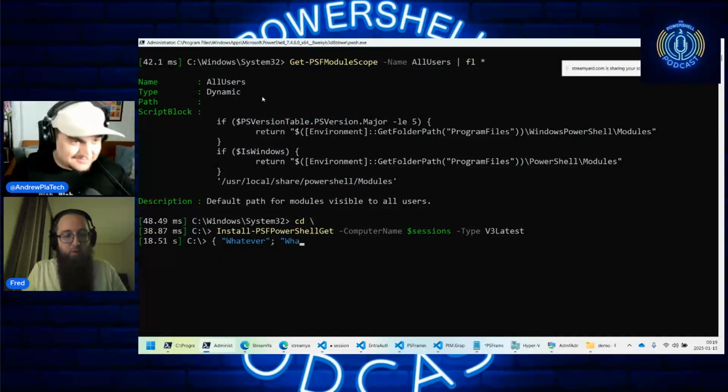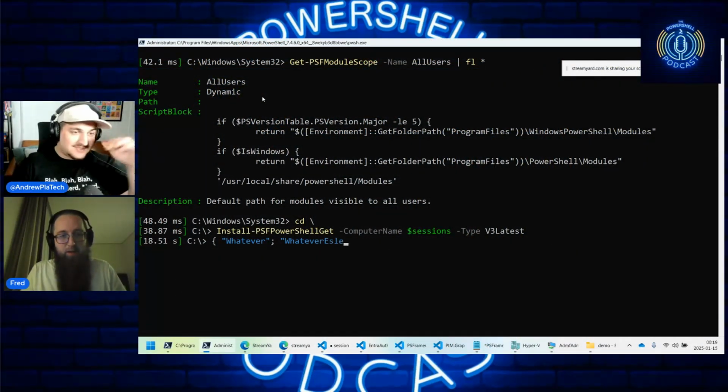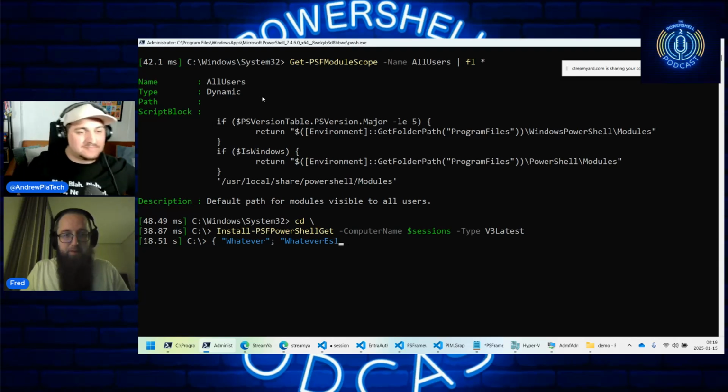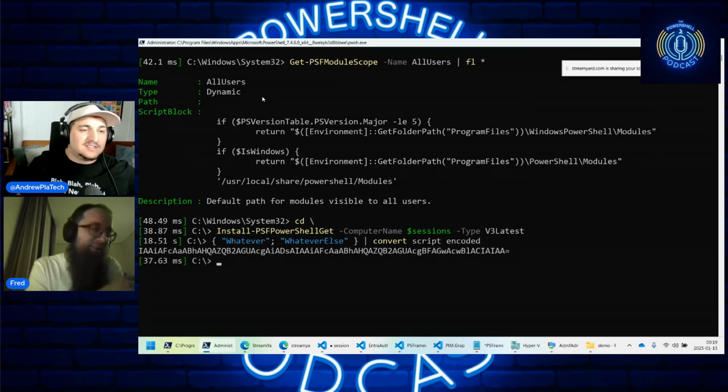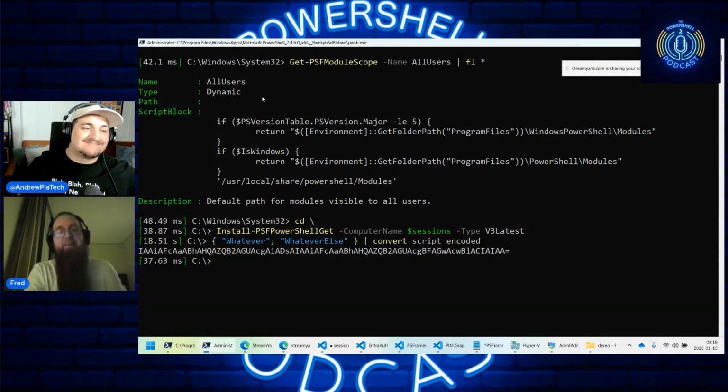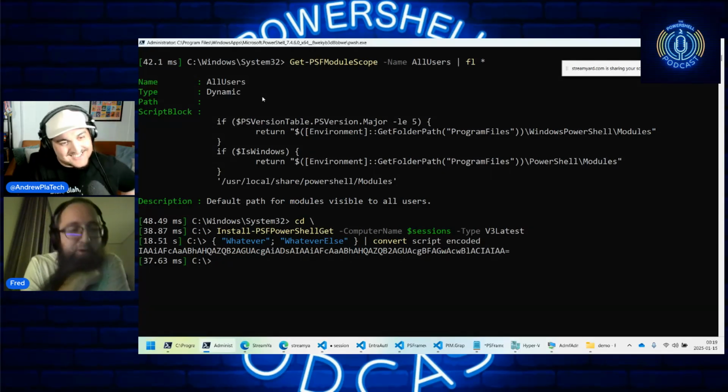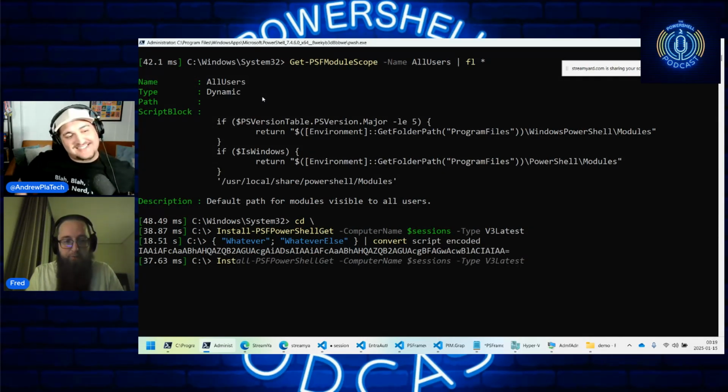You mean take something like, oh my god, whatever else, and then do something like convert script to encode it, and then have everything combined into. Yes, I totally would have done that without the caveat. Okay, now that you have constrained the rules on me, and don't think I didn't catch what you did,